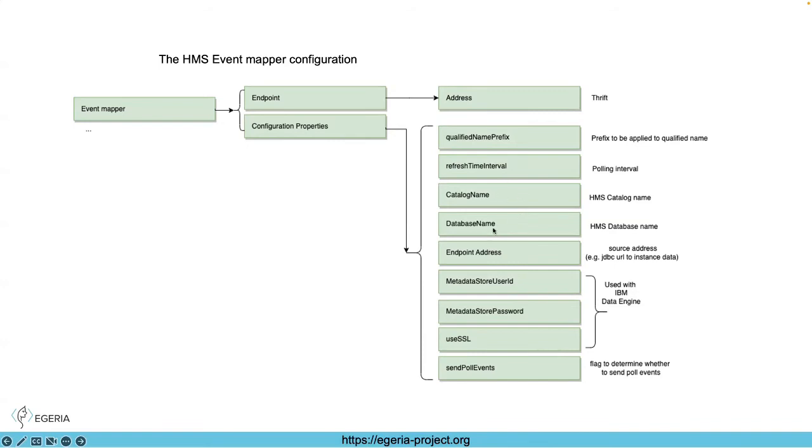As for the catalog name and the database name, the way that this is coded at the moment is it's for a particular catalog database combination. So you need to understand what those are in your Hive implementation, or what they are in the IBM Cloud implementation, and put them in the configuration. And these are the IBM data engine parameters. The cloud service that IBM exposes, the data engine service, actually uses SSL to communicate with it, and by default the Hive doesn't use SSL.